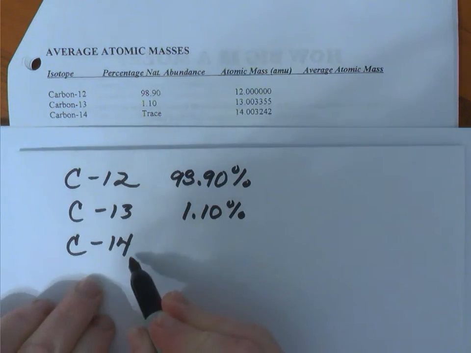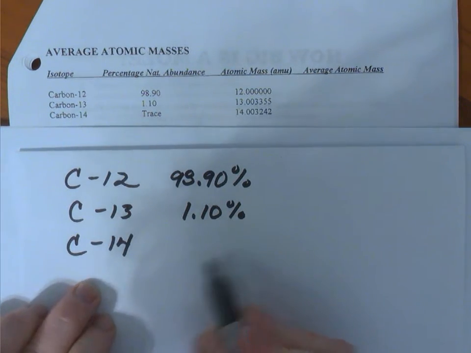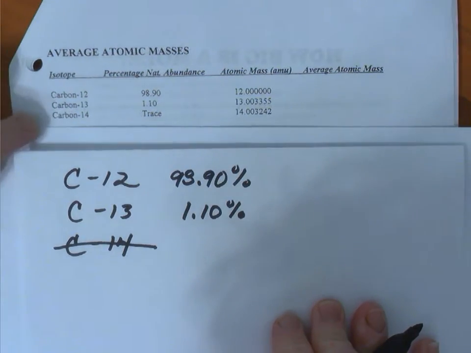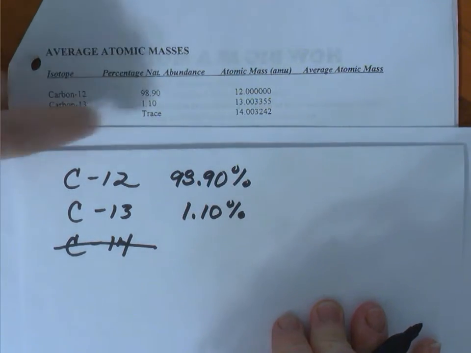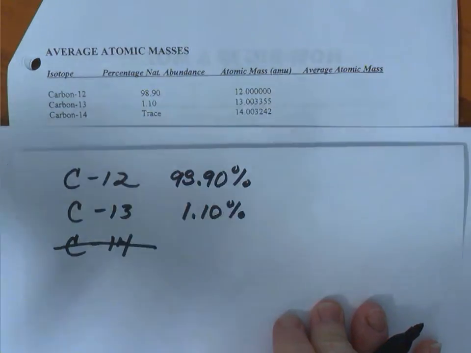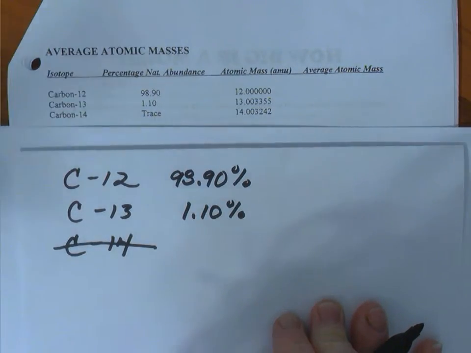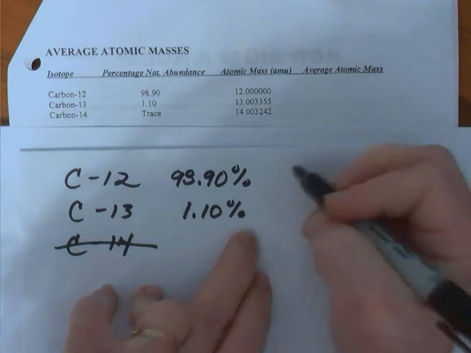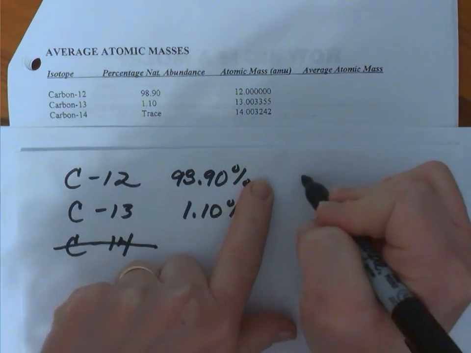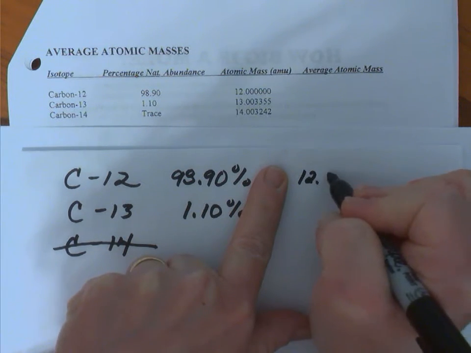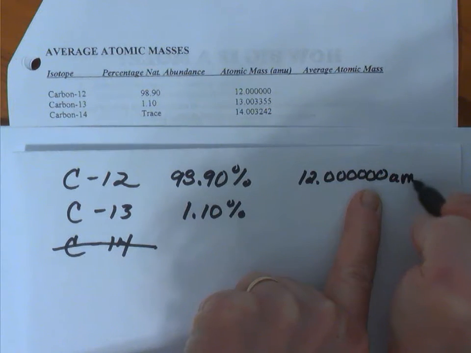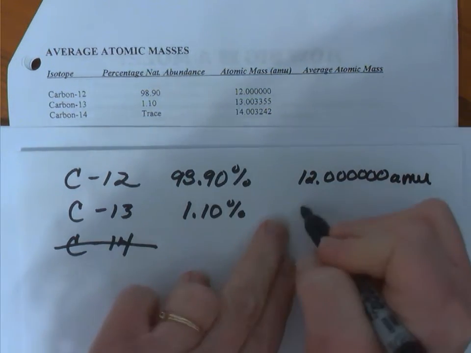The third form is not even enough to do the calculation for, so we just ignore that. If ever an isotope is found in trace amounts, we don't even take it into account when we're calculating the weighted average. Now you are told that carbon-12 is assigned 12.000000 AMUs. And then carbon-13,